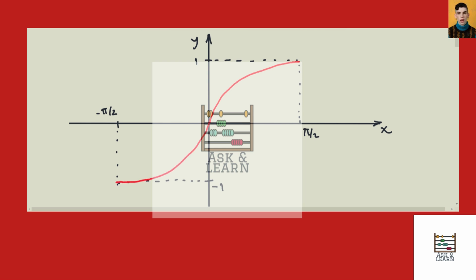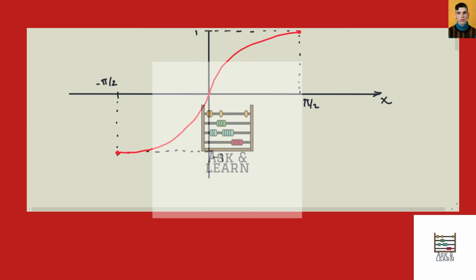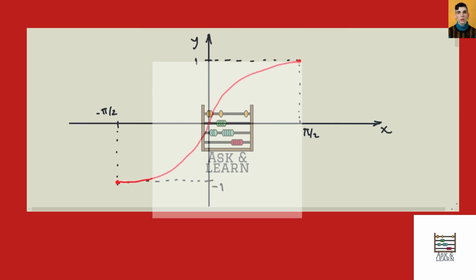So this is the sine function, and we are including the endpoints of the interval, that is, pi half is included, so its image 1 is included, and the image of negative pi half is also included. And we can easily see here that we have an absolute maximum, and the absolute maximum value of the function over this interval is 1,